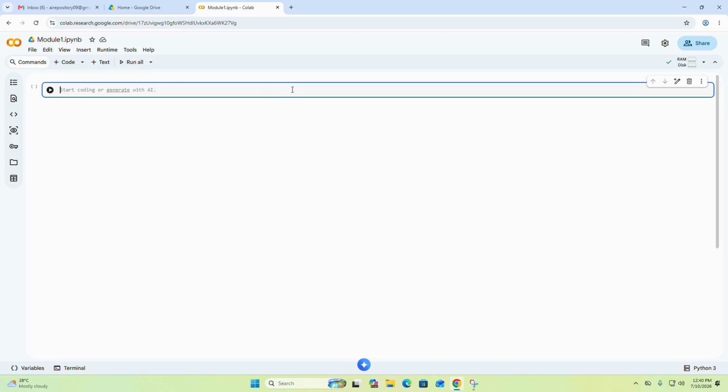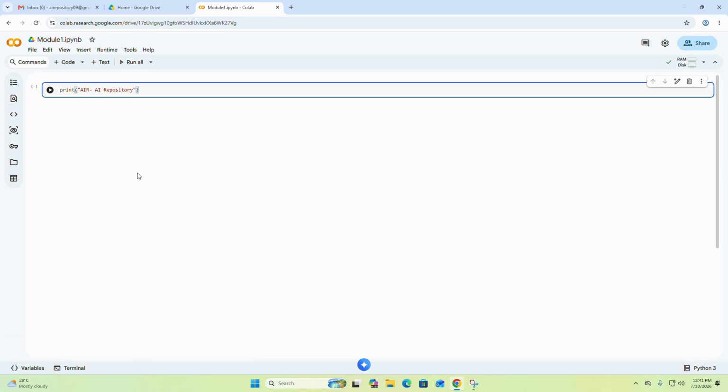Now before moving to that, let's talk about this, which is called a cell. Which kind of cell? If you see this play kind of button, this is a code cell. Code cell means you can write the code here and get it executed. So the very first thing that we have already seen, if you want to print anything, you can do this. This is AIR, that stands for AI repository.